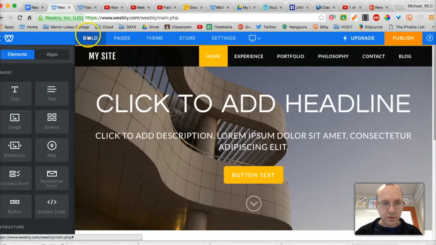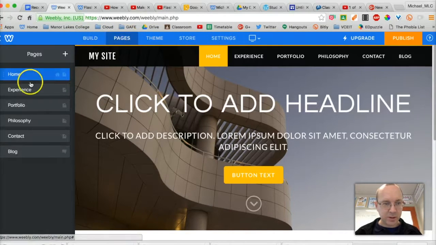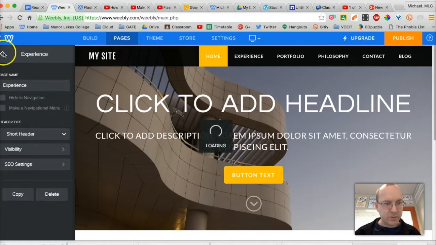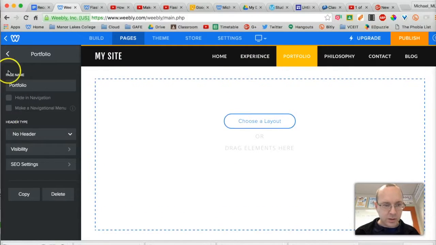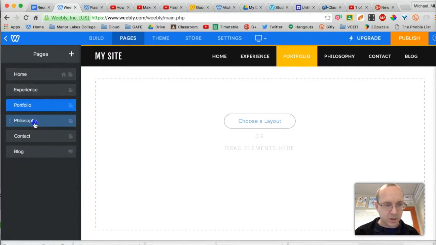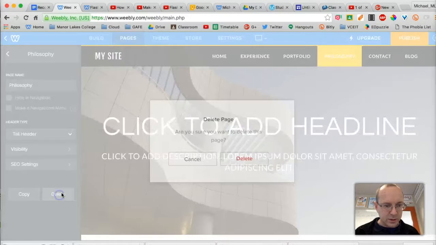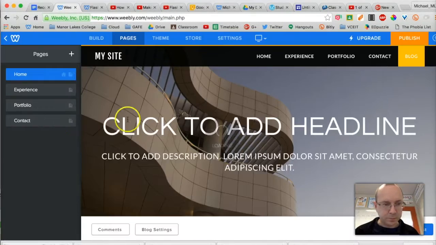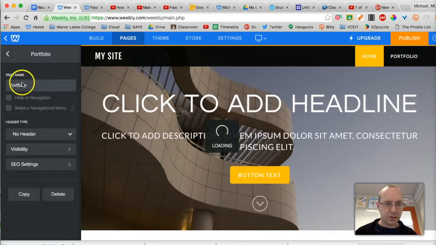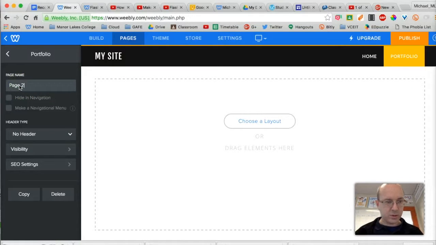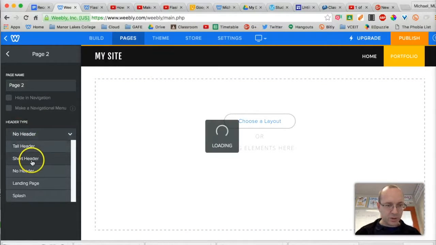So got your build, page, theme, so on. Let's go to pages. This has already got a range of pages already, so you can delete pages you don't want. On page 2, we're going to call that something different. Just going to call it page 2 because I can't think of anything interesting. Header type, I'm going to give it a short header,